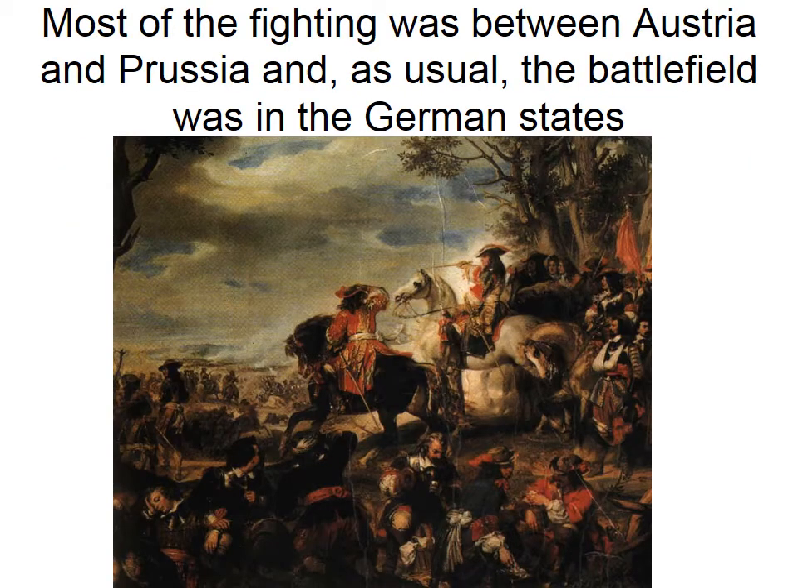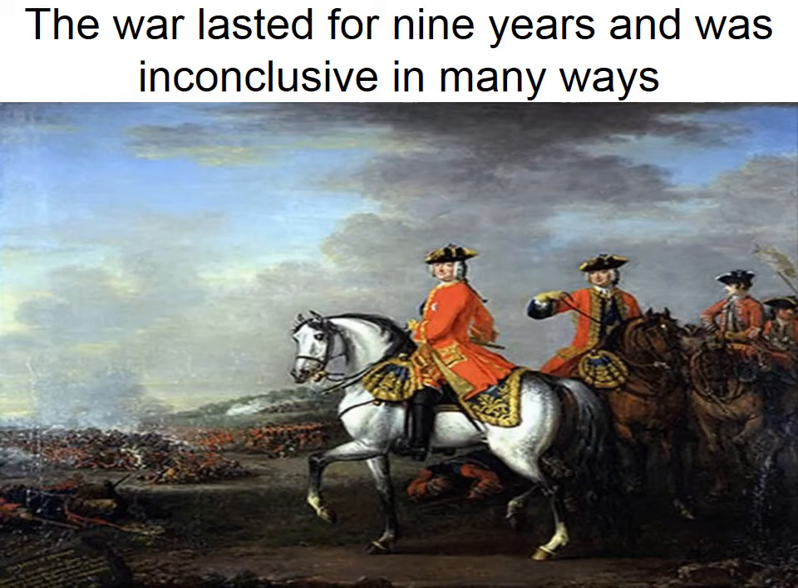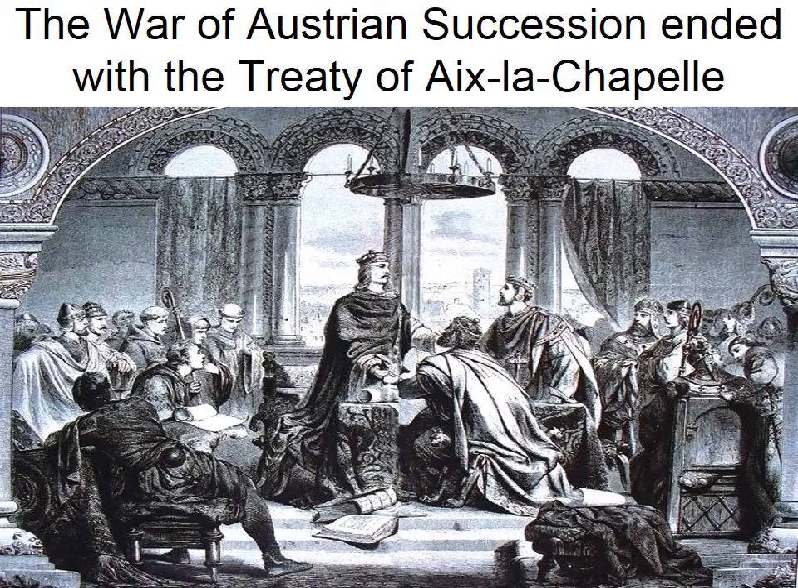Most of the fighting during the War of Austrian Succession was between Austria and Prussia, obviously between Maria Theresa and Frederick II. But unfortunately, the battlefield was in the German states, just like it was in the 30 Years' War. The war lasted for 9 years, and ultimately there really wasn't a winner. I guess you could say Maria Theresa won because she was able to keep the throne, but it was very inconclusive, and here's why. First of all, it ended with the Treaty of Aix-la-Chapelle, and that's basically the city where